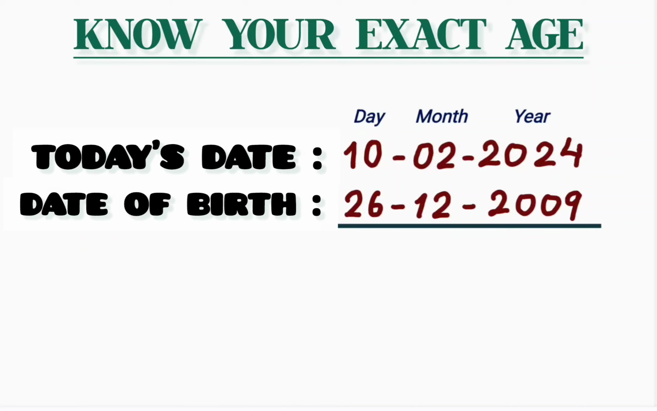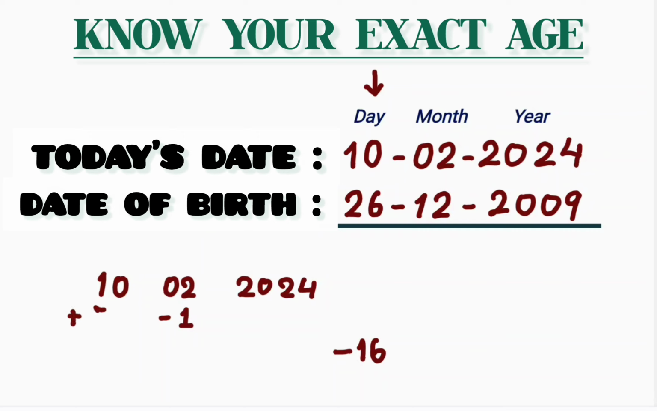To know the exact age when you are given date of birth and today's date, start with the day. 10 minus 26 is minus 16, but the date cannot be negative. Take today's date. Subtract 1 from the month and add the corresponding number of days in day. You must be wondering why I have added 31 when the month is February, because February is not over according